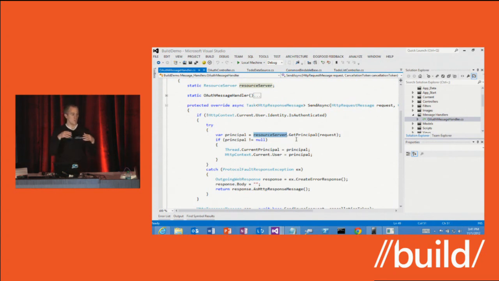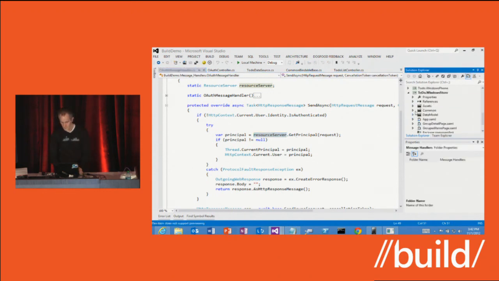Well, Windows 8 shipped this great feature called the Web Authentication Broker, which is basically like a little sandbox browser OAuth 2 client that you can use to pop up a little browser for the user and ask them to authenticate with the authorization server without the Windows Store app ever seeing their credentials. So let's see what that looks like, and then we'll wrap up.